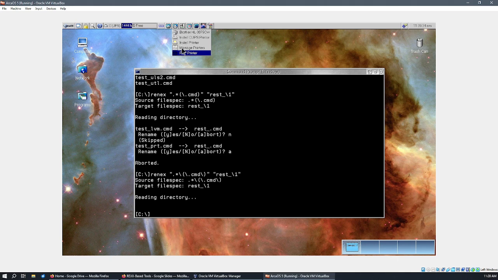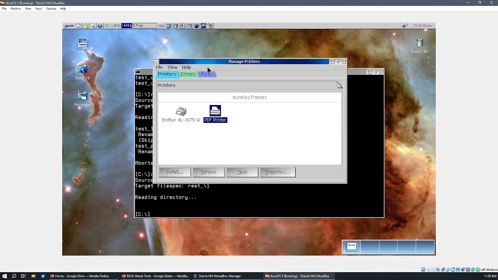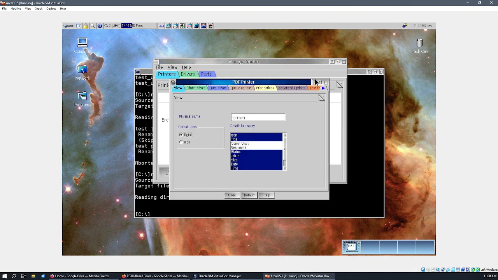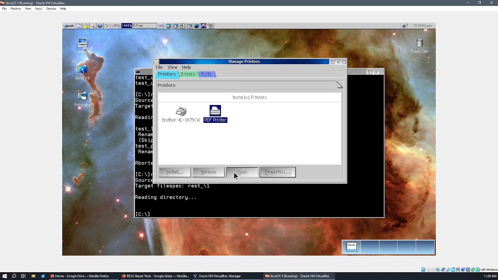So this is in ArcaOS, under the printers folder, Manage Printers. It's basically this program that I wrote that Rexx printer library for. It's written in VX-REXX. You can manage ports, printer drivers, and printers themselves. You can open the properties of a printer or the object itself, same with